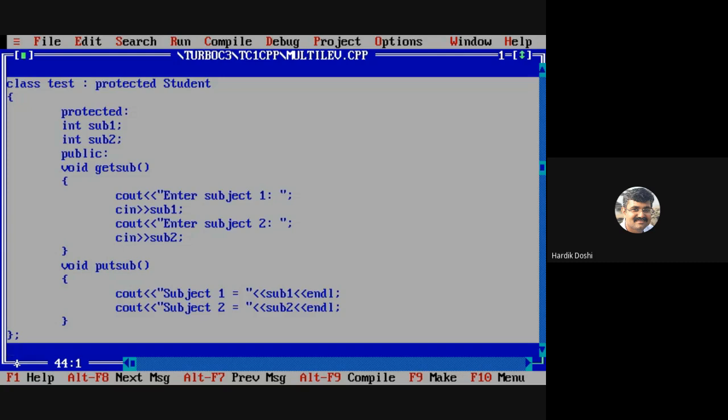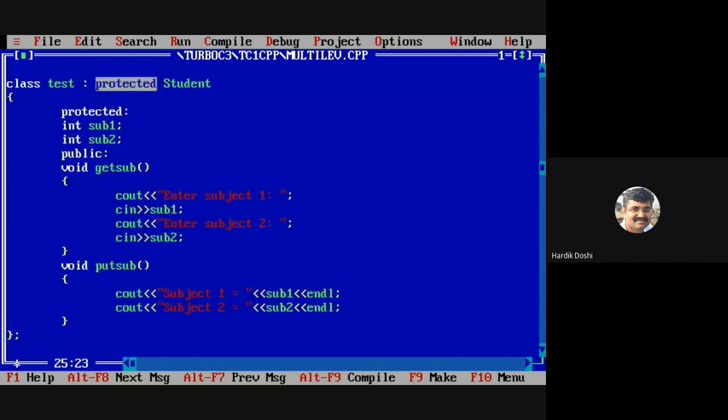Do you agree with this? Should I move further? Okay. Now, what is the meaning of this protected? Class test inherits student protectedly means what?